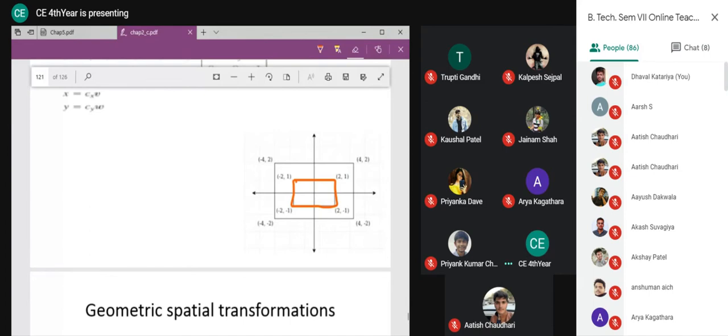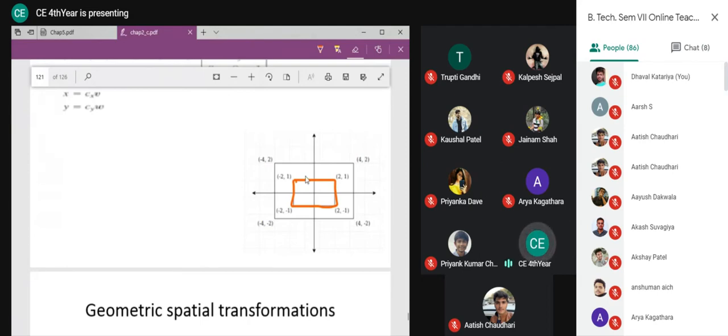The relation is that the older coordinate should be multiplied by 2 here, because I have scaled with factor 2. Suppose I want to scale with factor 3 or some other factor, then my old coordinates will get multiplied with that factor. That is my requirement. If I am expanding by factor 2, then my multiplying factor should be that value. Now what if I want to shrink?